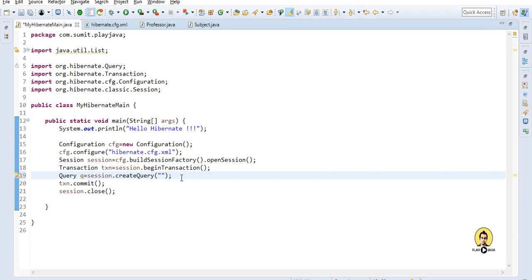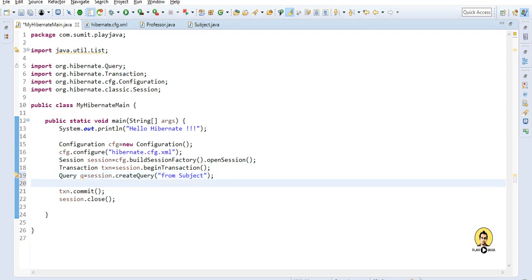Instead of writing select star from subject, we only need to write from subject. Writing only this, Hibernate will understand that we need to select all the data of subject.